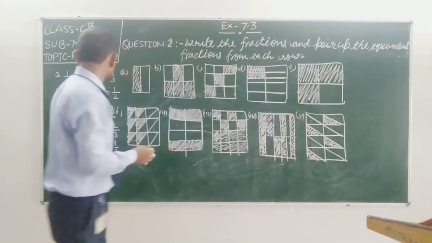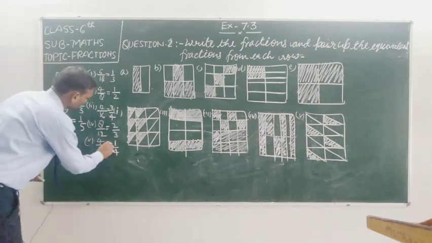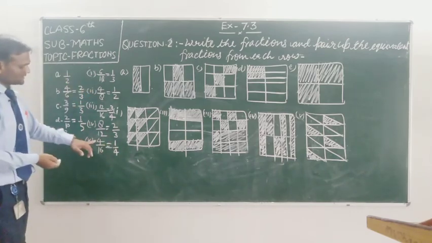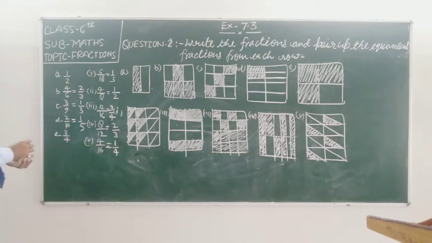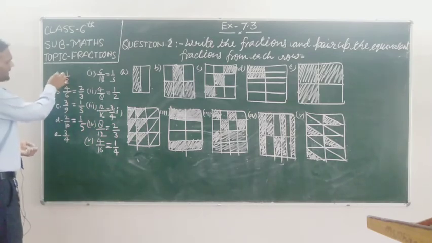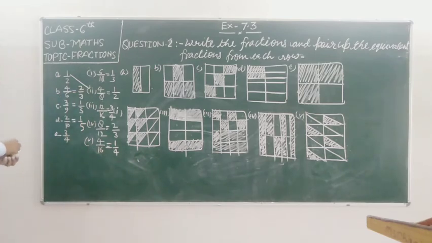Out of 16, 4 parts are shaded. When we get the simplest form of 4 upon 16, we get 1 by 4. Now we can pair up, student. You can pair up A to the second and B to the